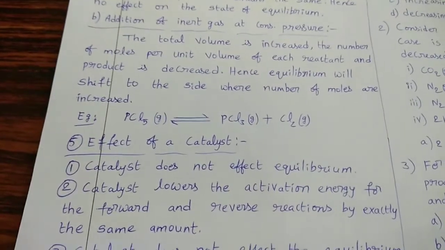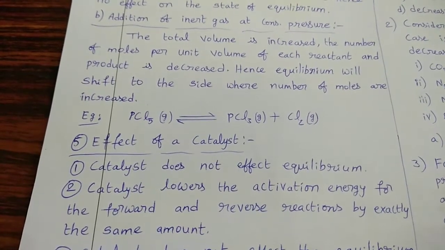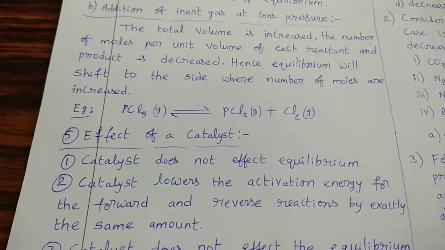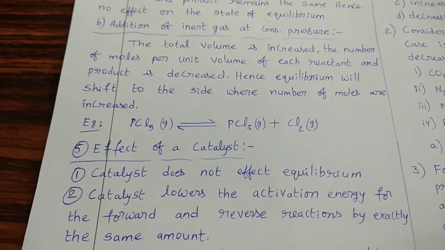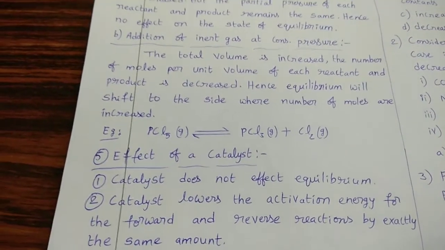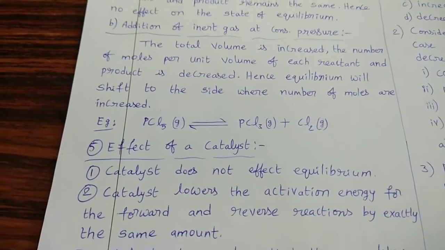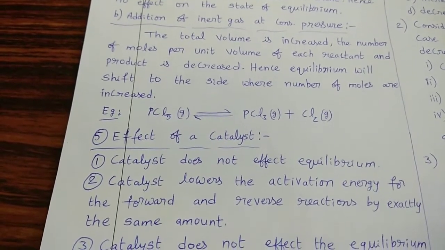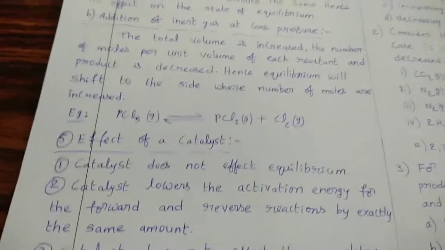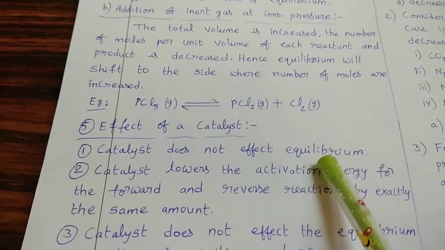Next, effect of catalyst. Already we know that catalyst means a chemical substance which increases the rate of reaction without consuming in the reaction is called catalyst. Catalyst, how it increases rate of reaction or speed of the reaction means by decreasing activation energy, otherwise by providing lower energy for completion of the reaction, speed of the reaction is increased by catalyst. So here also related to reversible reactions having equilibrium states, catalyst does not affect equilibrium.